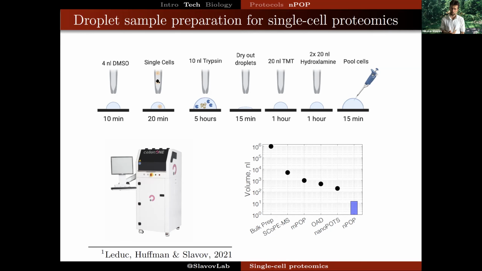And this dispensing is much gentler compared to FACS sorting. So that's where the advantage for our CZI project came in. The FACS sorting that previously resulted in mostly getting cell debris was now replaced with this gentler method that allowed us to recover more proteins for protein analysis. And then the proteins are digested with trypsin while everything is happening inside of this instrument in parallel for all of the droplets, all of the single cells. They're labeled, barcoded, and pooled together. So this approach allows us not only to automate the sample preparation for lots of cells in parallel, but also to reduce volumes below what was previously possible.